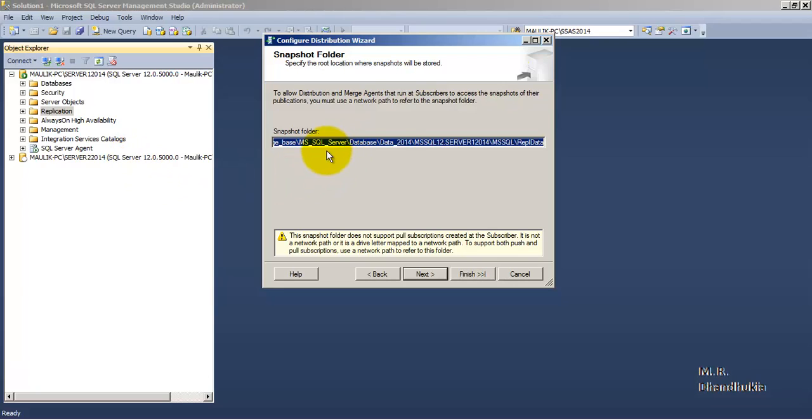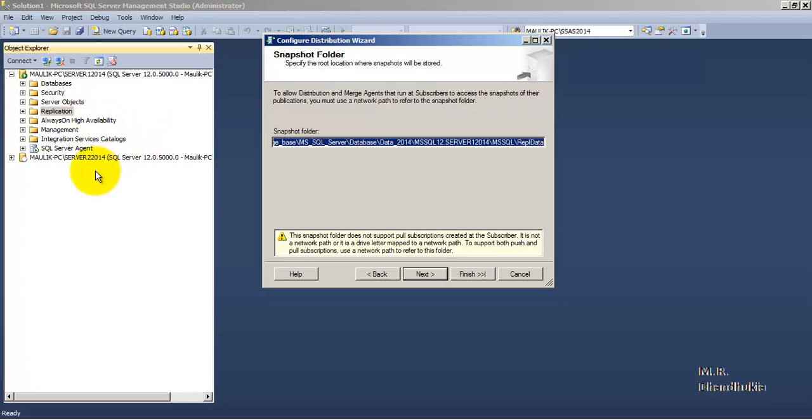Now this initial snapshot will be created with the help of the snapshot agent, and after this first snapshot is generated and the subscriber has been initialized, only the incremental transactions will be tracked with the help of the log reader agent. The log reader agent will transfer these net transactions from the publisher to the distribution database, and from the distribution database this delta or incremental transactions will be applied to the subscriber by the distributor agent.